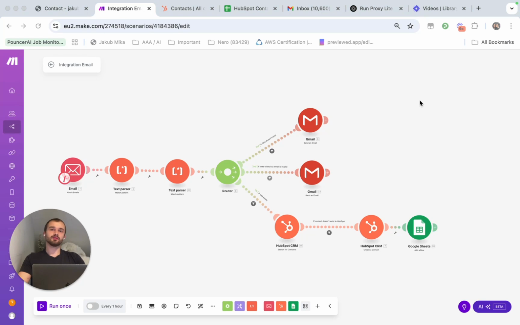In this video, I'm going to show you how you can add the leads coming from your website form into a CRM platform like HubSpot. This video can be important and valuable for you if you want to also catch form data from any website to Make.com,